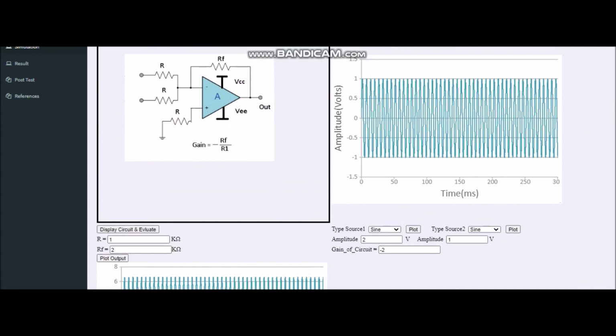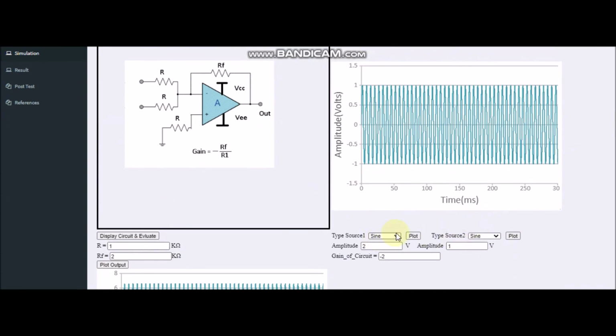You can change the input also and you will get the same result. Let's change to something else. Let's say I am choosing triangular. Let's say the amplitude for the first is 1, and for the other I am selecting 3, and I am maintaining the same gain.